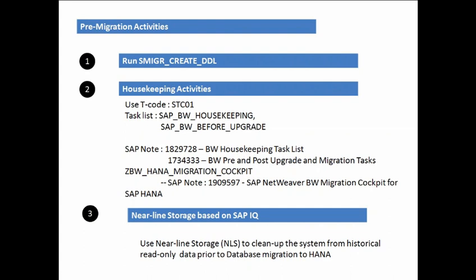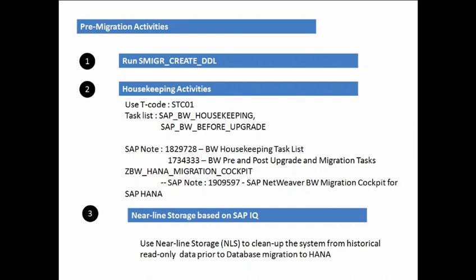And one more point, I also told you there's some cube or DSO which has some 10 years or 15 years of data which is rarely used, but you don't want to store it in the primary database. You'll have a certain archiving strategy. You will say, I'll have my cube only with the current 3 or 4 years of data, and the rest of the data I'll push into NLS, which will be a secondary database, which could be Sybase IQ or DB2, whatever it is. So you'll have to configure NLS